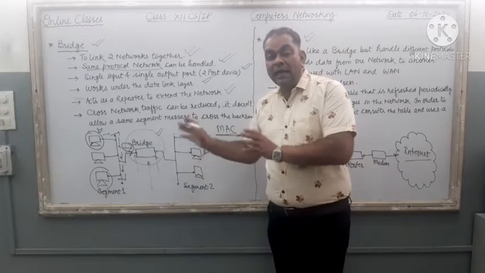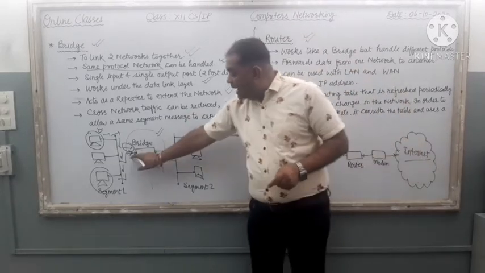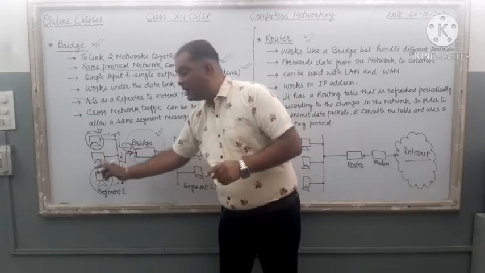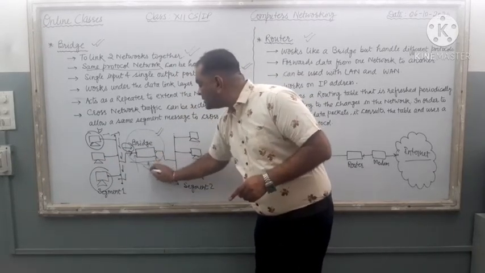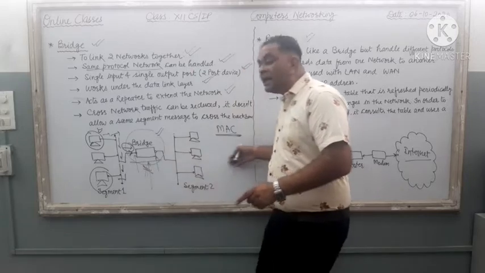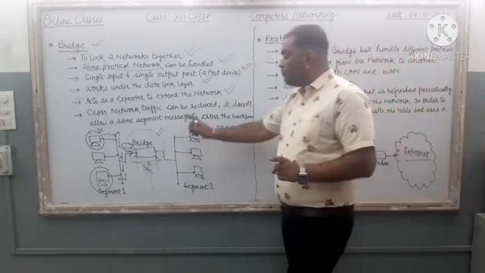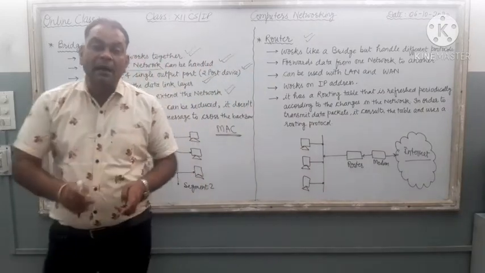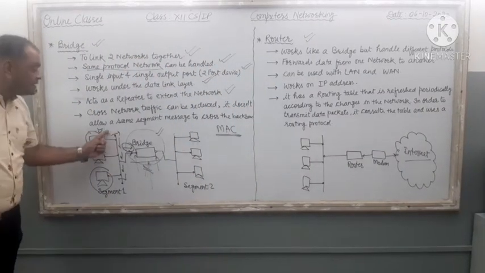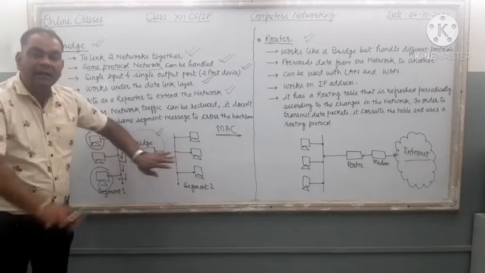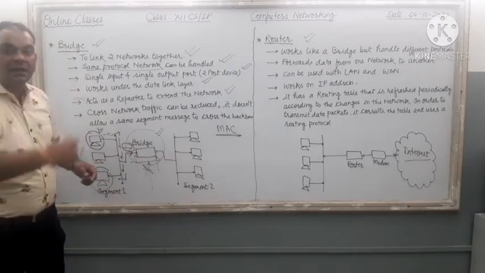One table is there in our bridge, and then the bridge identifies that the message is of that side segment. It cannot cross the message towards the next lab. Yeah, it is smart enough to prevent the message from crossing the backbone if the message is related with the same segment only. तो ये message यहाँ से इधर travel नहीं होगा, ये वहीं पे bridge filter कर देगा.